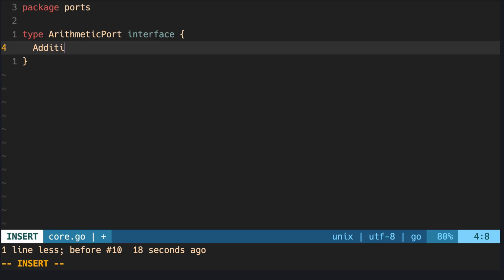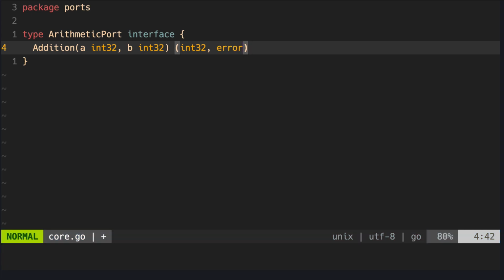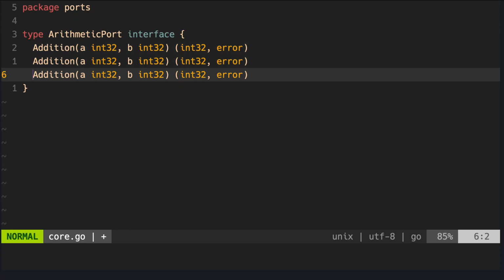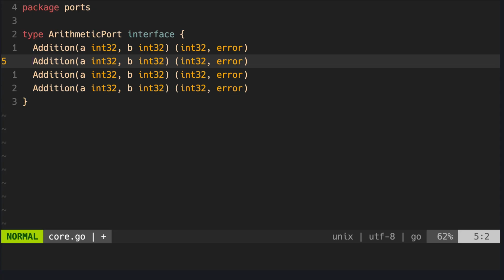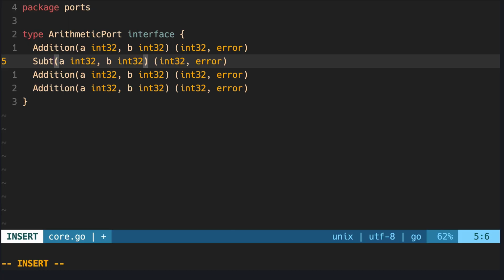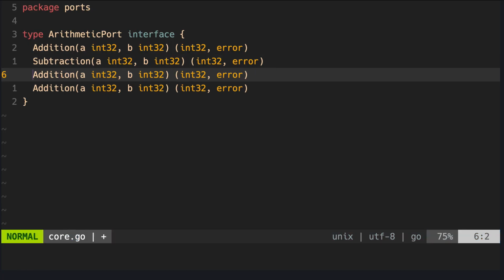And we'll have addition, which is going to take in A, which is going to be an int32, and B, which is also going to be an int32. And it's going to return int32 and error. And we're going to do the same thing for subtraction, multiplication, and division. So we're just going to change this to subtraction, multiplication,